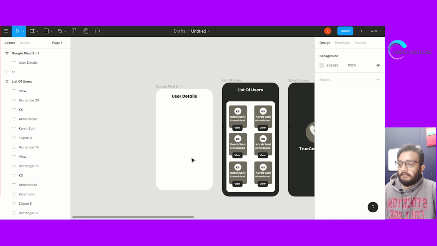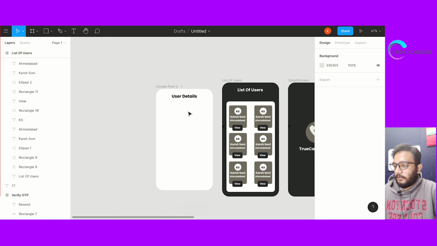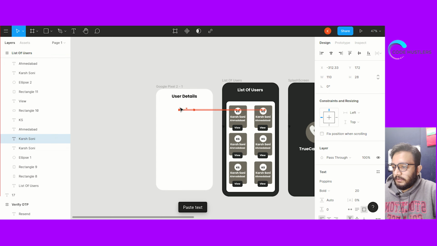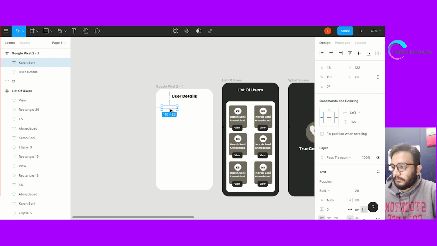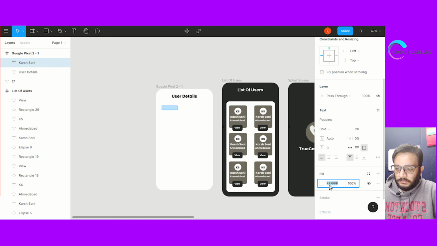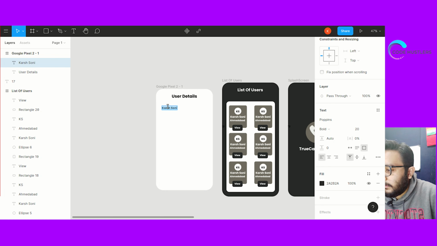Now in the detail screen we'll need to put details of the user, so copy it, paste it in here, change its color to 2A2B2A, and give it a field name.